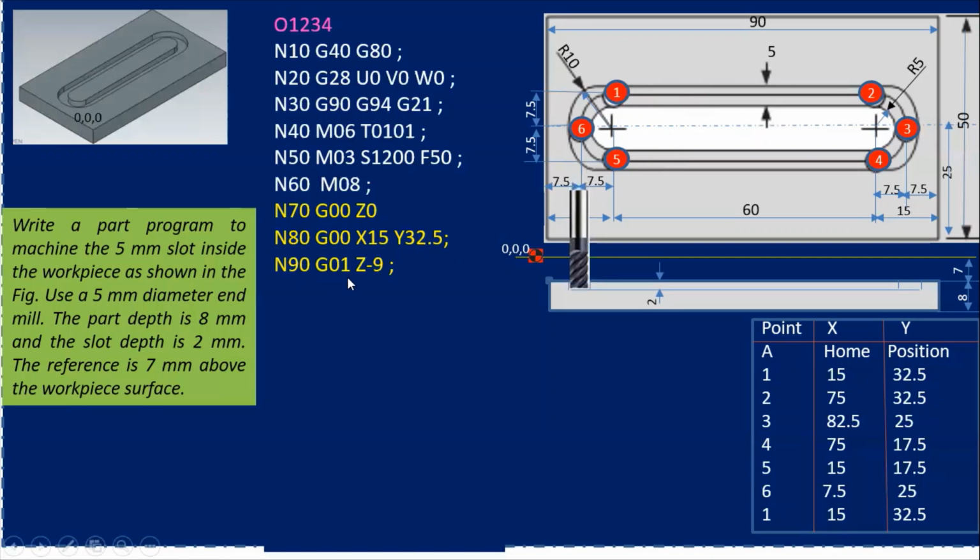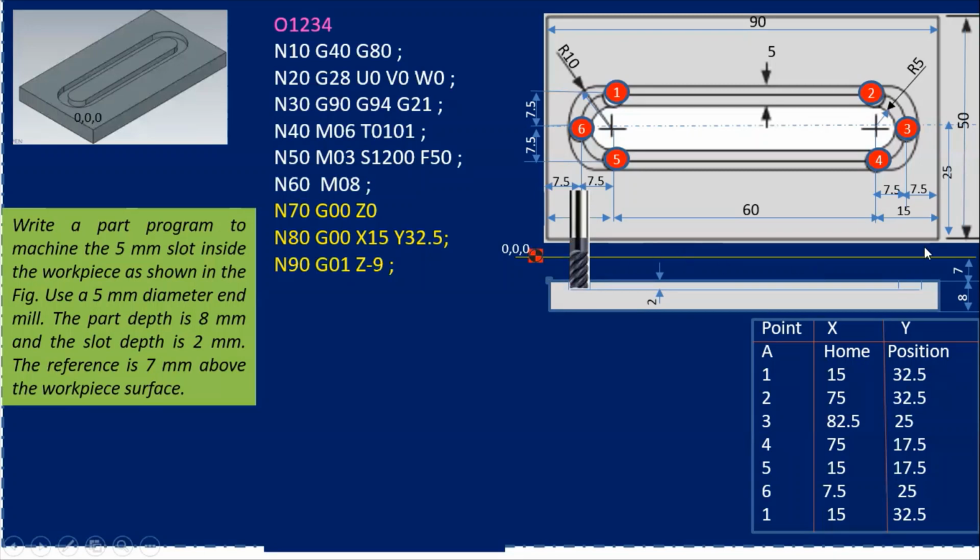G01. Now linearly I will move it to a distance of z minus 9. How is it now? You can see, again I'll go a little bit back and again I'll bring it. Student, from this position, from here we have a distance of 7, from here up to the surface 7. So below the reference line, it starts with a minus.